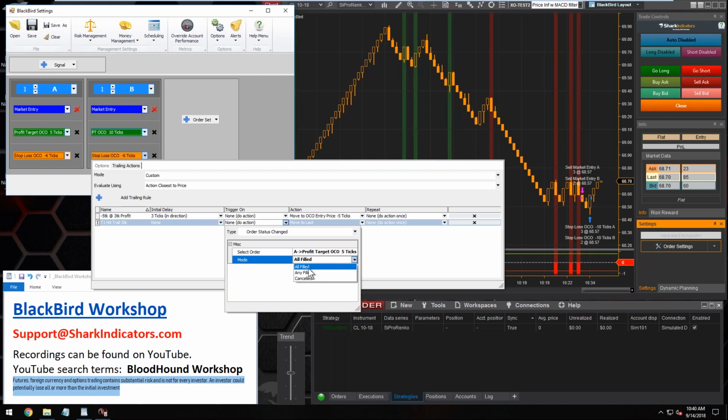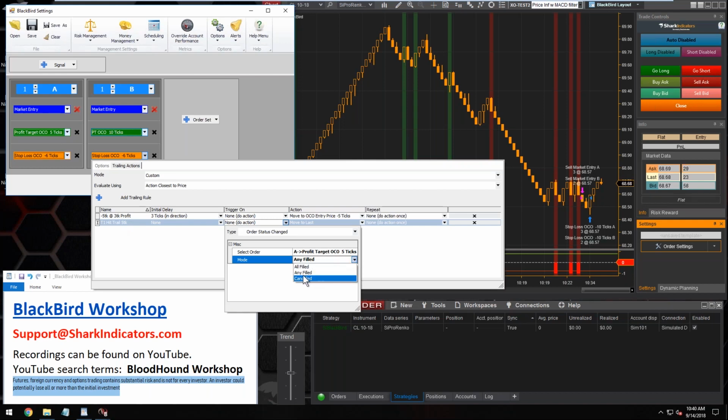Let's say you're trading 20 contracts for our first profit target. You could set it so that you need to get all 20 contracts filled before the stop loss starts trailing,